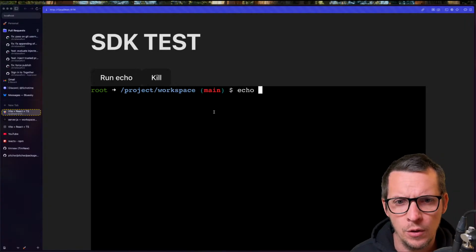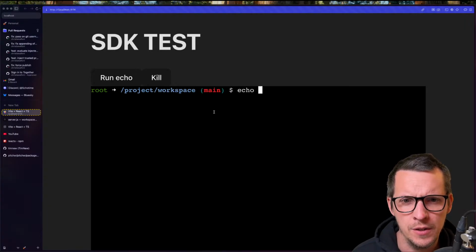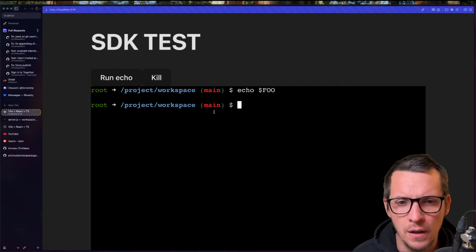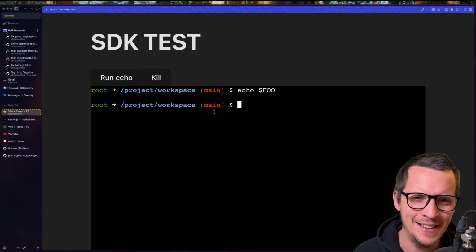Okay, so if I echo, how does this work? Can I just echo foo? No. Is that environment variable? That didn't work, did it? How do I, is that how you, yeah, because if I do like,